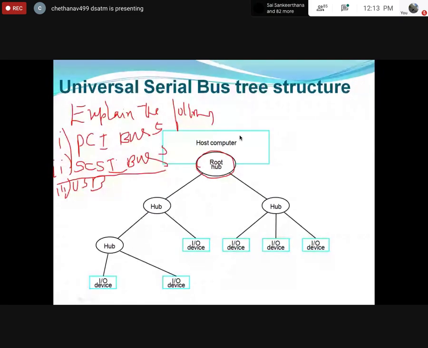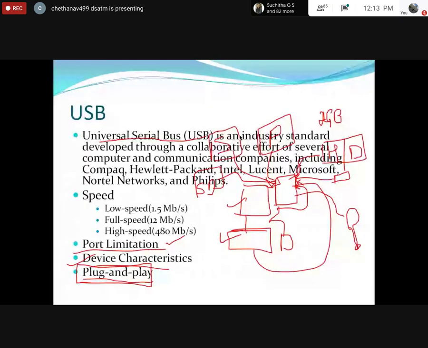See, in this one, you have to start with this. What is the main thing? It's mainly used for speedier data accessibility. That means as soon as you put in the pen drive, you are able to access the data faster. That's the speed matter. With a pen drive, I can access the data so fast, meaning it could be high speed. Sometimes your external disk drive that you have connected could be a little bit slow speed. Like that, each device has its own speed capability. Some devices may provide low speed, some high speed, some average speed.